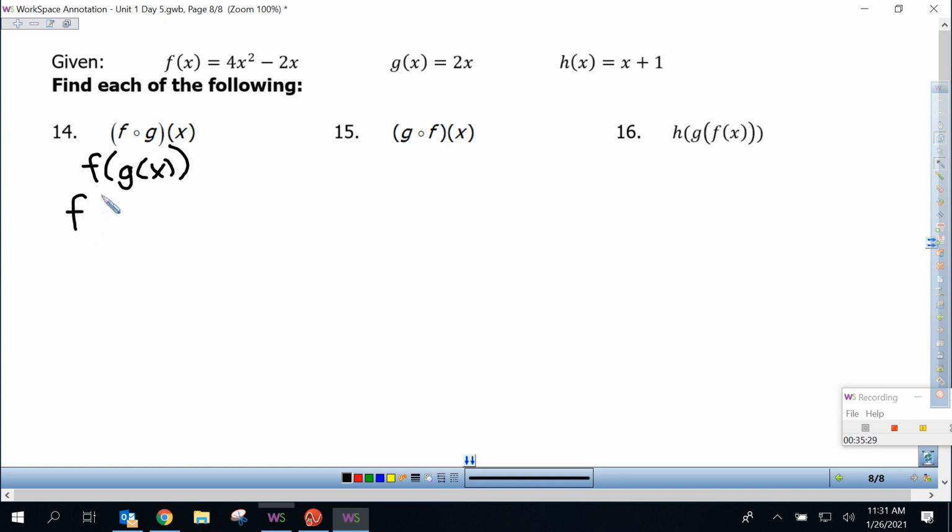So bring down the f. We're working with the innermost parentheses. And what do I put for g of x? 2x. Then I go to f's equation, and instead of these x's, what do I substitute for these two x's? A 2x. So this is 4 times 2x squared minus 2